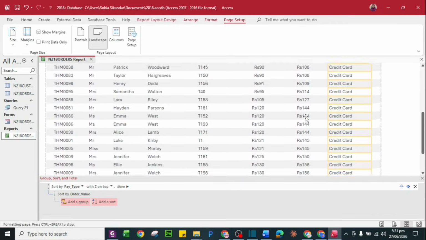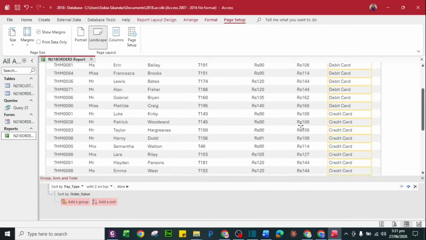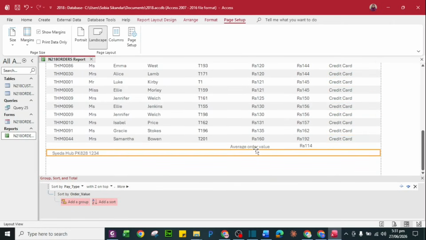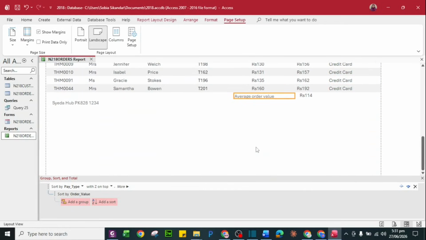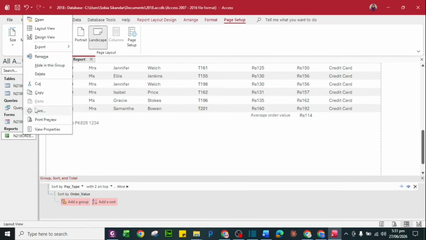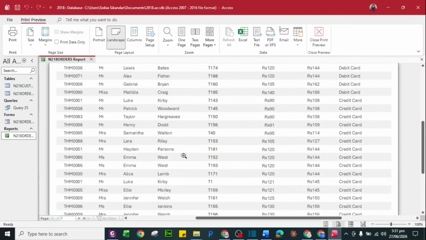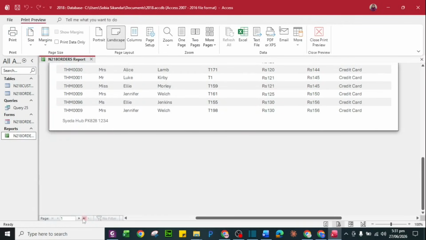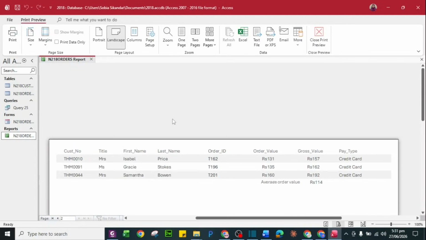And this amount should be under gross value, and this is its label. I am going to make it a bit closer. Okay, like this I think. And this is the candidate number. Let me take a print preview of it. My report is having 2 pages.